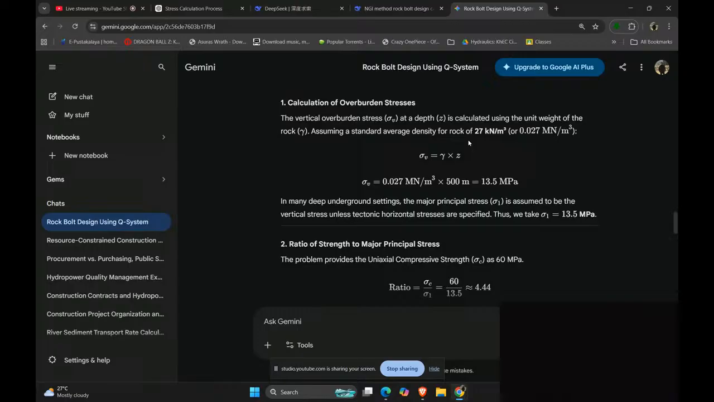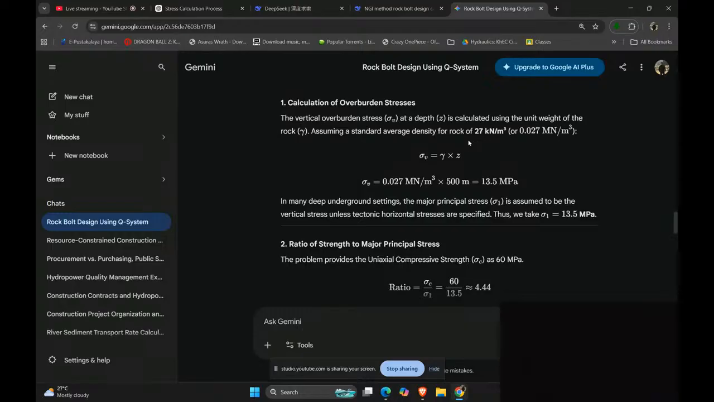You know the length and spacing of the bolt. The length is 2 plus 0.15 times B by ESR. Why did we take 10, why 5? The maximum span is 2 times ESR times Q to the power 0.4, that is 1.6 ESR, with Q equal to 2.5 to the power 0.4, giving 4.6. OK, the maximum span according to